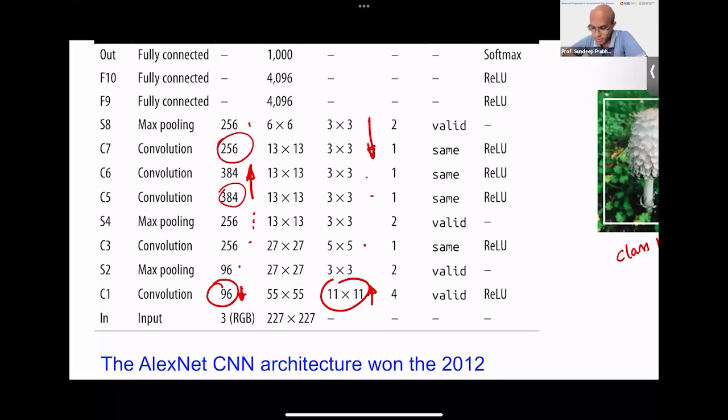Now, how would you figure this out? You would start with the prescription 96, 256, 384, and 500. But then once you get whatever accuracy that you are desiring, say 95% accuracy on your training and validation data,